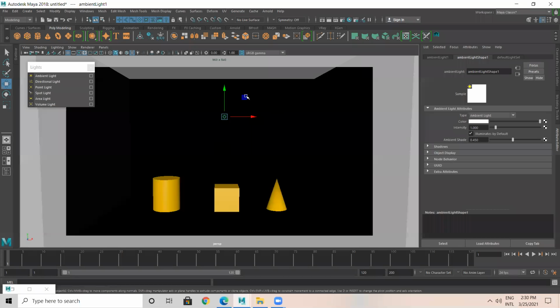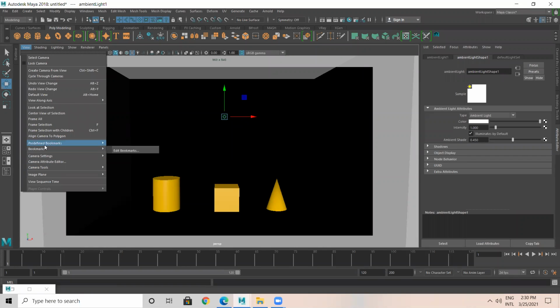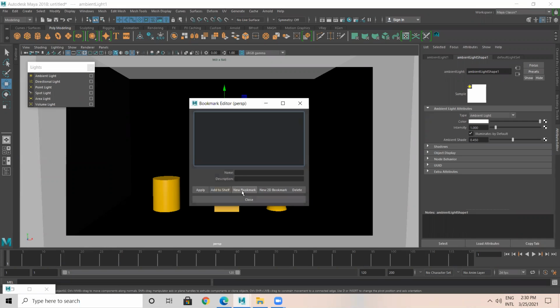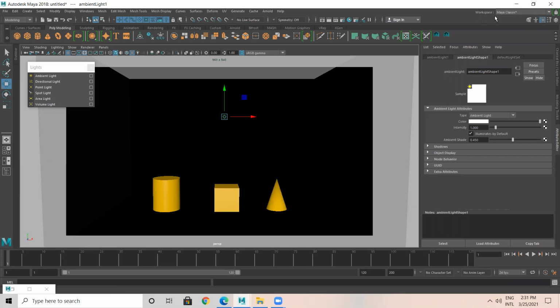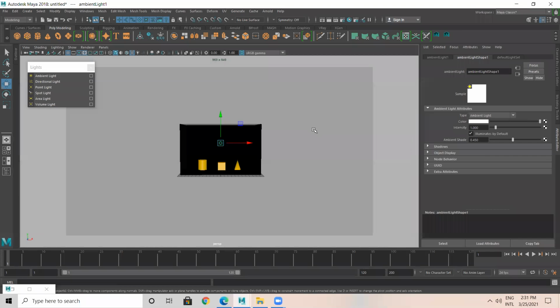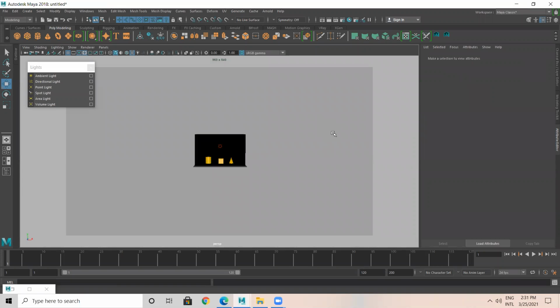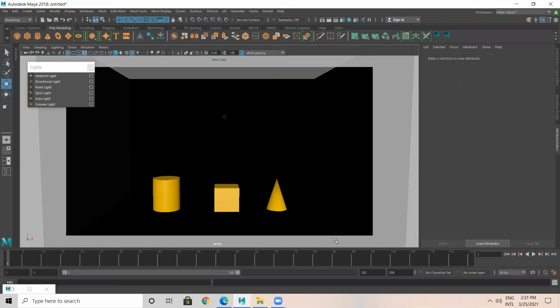I would like to bookmark this particular view: bookmark, edit bookmark, new bookmark, apply, add to shelf. When I add to shelf, it automatically comes here. So if I click this, it goes here automatically.